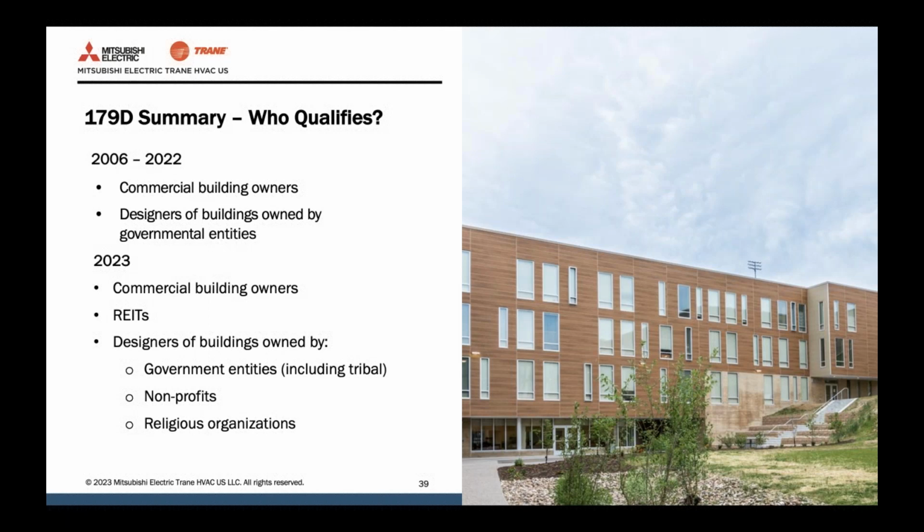This is a tax deduction for installing energy efficient systems in new construction or renovated buildings, and residential that's 4 stories and higher. The tax deduction goes to the building owner or possibly the tenant. If they paid for the new lighting or new HVAC, they get the tax deduction. In the case of public and government buildings, since they don't pay taxes, the deduction is allocated over to the designer of record. So whoever the public entity signs off as the person or persons responsible for that design,